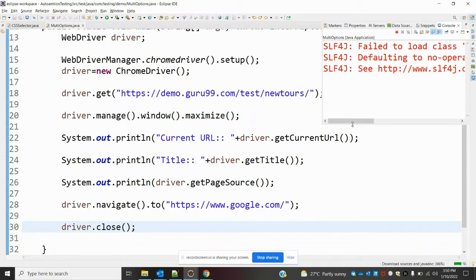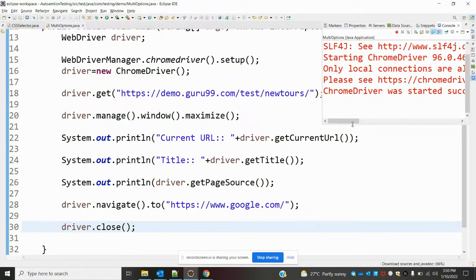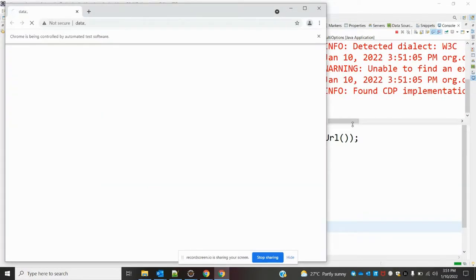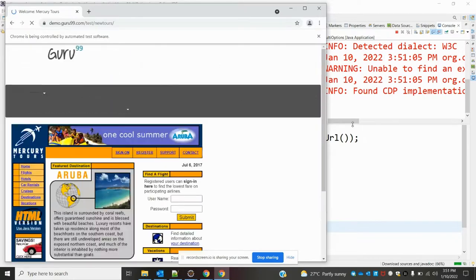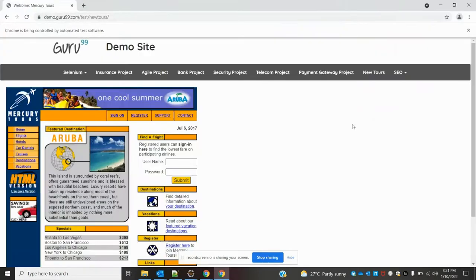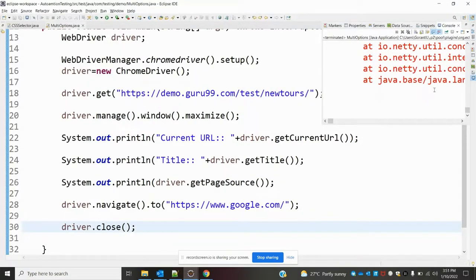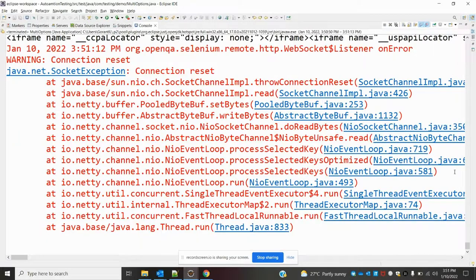Now it is loading the page. Now the Chrome browser is started. Then the URL is opened and the window is maximized. Then navigator. See, almost everything is displayed. Now we'll see one by one.